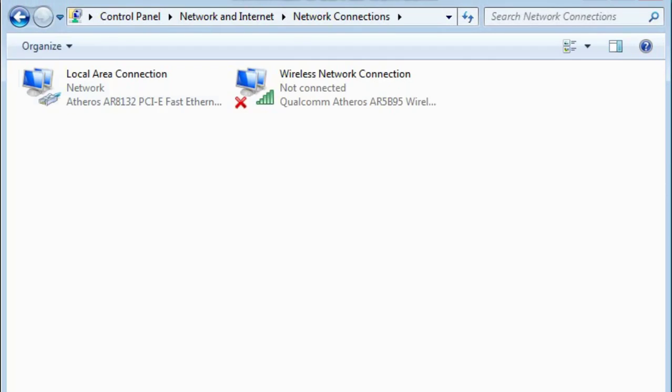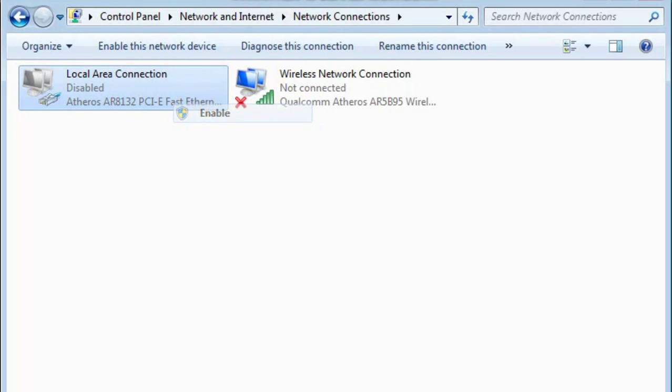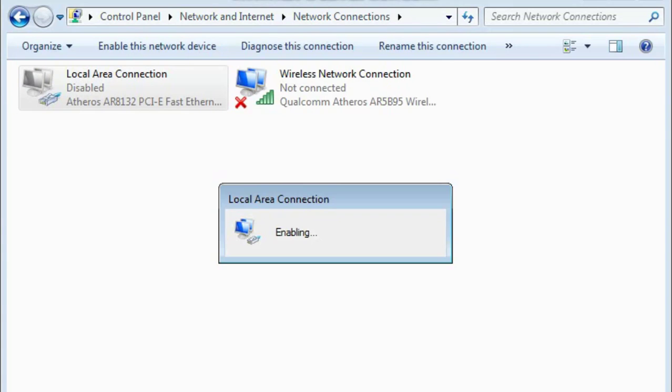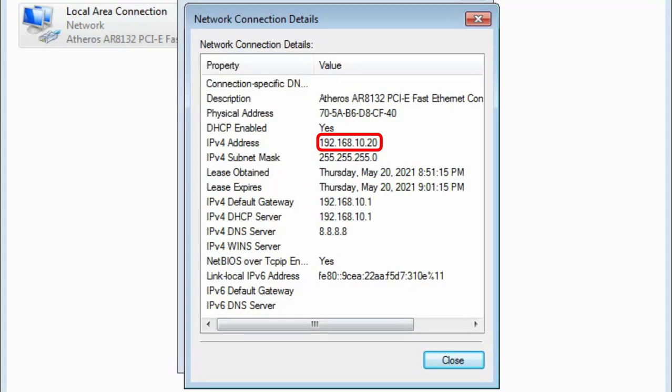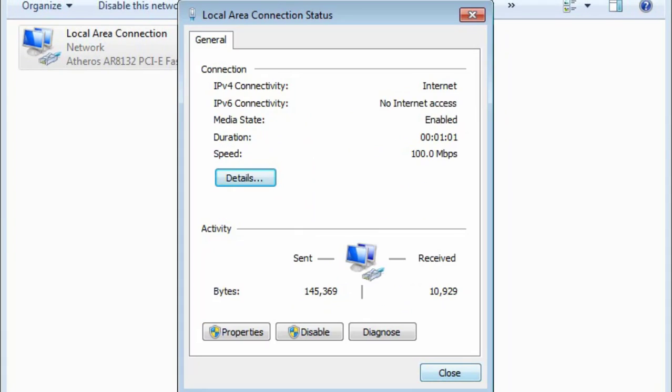Before doing the test, I'm going to disable and enable Ethernet to update the system. And as you can see, the laptop client has received an IP address of 192.168.10.20 with the gateway of 192.168.10.1, and the DNS server is 8.8.8.8, according to the configuration that I made before and the topology requirement. Not only getting an IP address, the client also gets internet access from the server. As you can see, the IPv4 connectivity is internet.